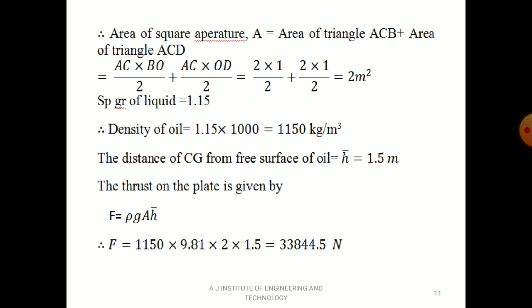Specific gravity of liquid is given as 1.15. Therefore density of oil equals 1.15 into 1000, that is equal to 1150 kg per meter cube. The distance of center of gravity from free surface of oil, that is h bar, is given in problem. So that is equal to 1.5 meter. The thrust on plate is given by the total pressure, F equals rho g into A into h bar. Therefore F equals 1150 into 9.81 into 2 into 1.5,